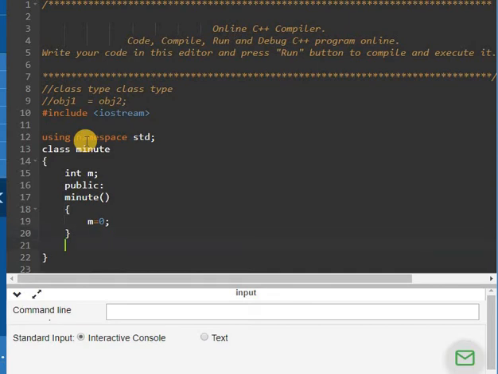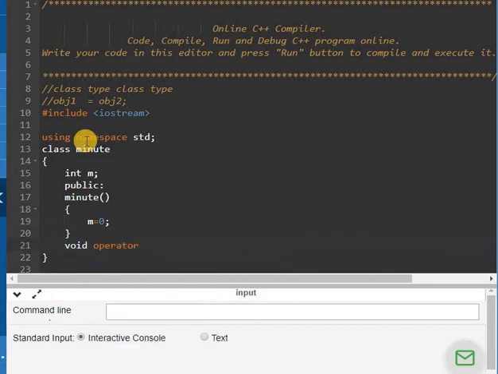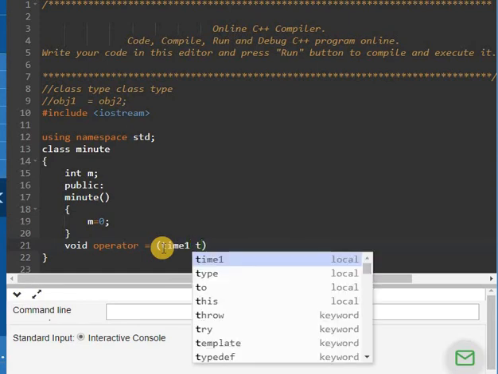Then we take the operator overloading. It will take the object of the time class, or you can take time 1, which we will add later in this program.